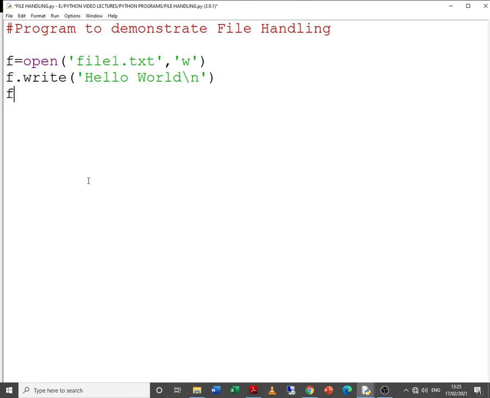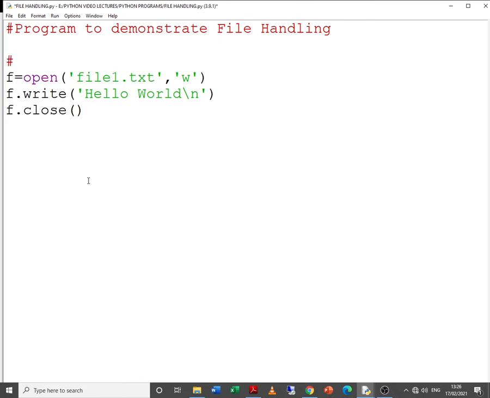And finally f.close. It does not take any argument. So let me put here a comment, writing contents to a file. So here we are writing contents to the file.